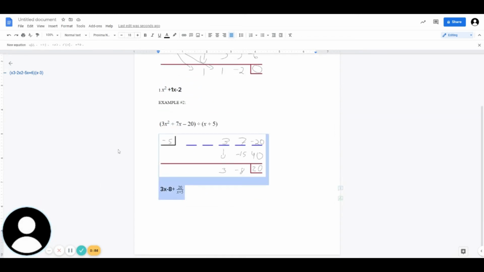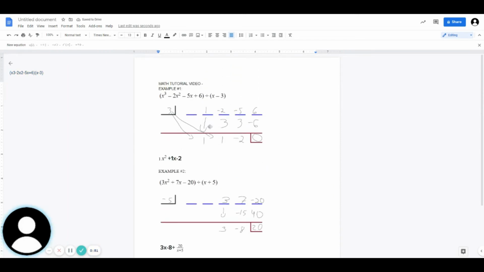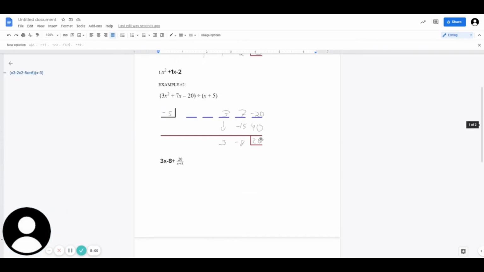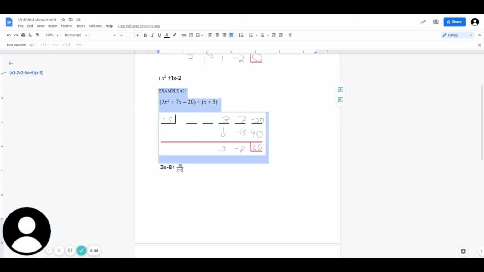Pretty easy, huh? Yeah, I expected it to be harder too, but now let's go check the results. Let's check some of those results by long division. Now that we've done the second example, how can we prove this? Now that we know how to do it, we need to prove it. There are many ways we can prove this, and the most efficient and easiest way is by long division,